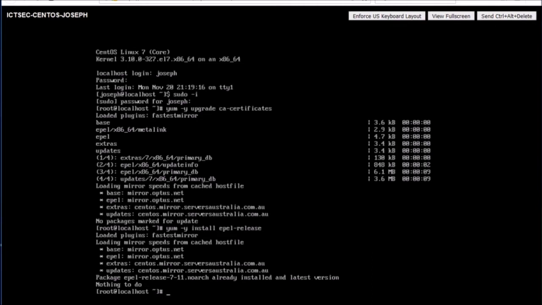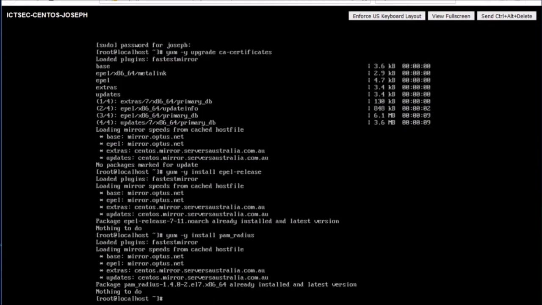And the last thing you want to do is install the Radius PAM module to your CentOS system. To do this, you have to go yum -y install pam_radius. Again, I've already installed it, so there's nothing to do to the system. Once all of those commands have been executed and you have installed the CA certificates, EPEL repository, and the Radius PAM module,